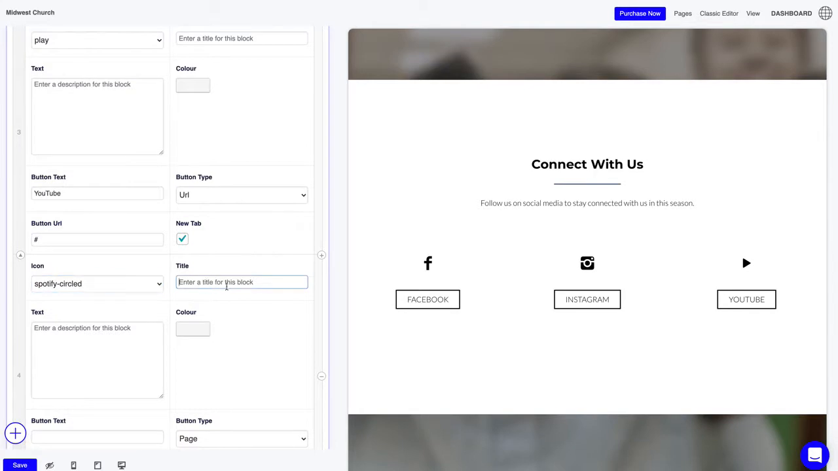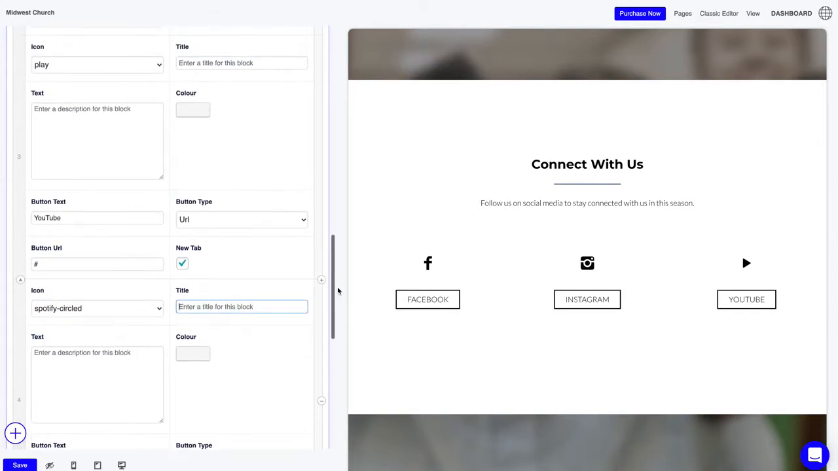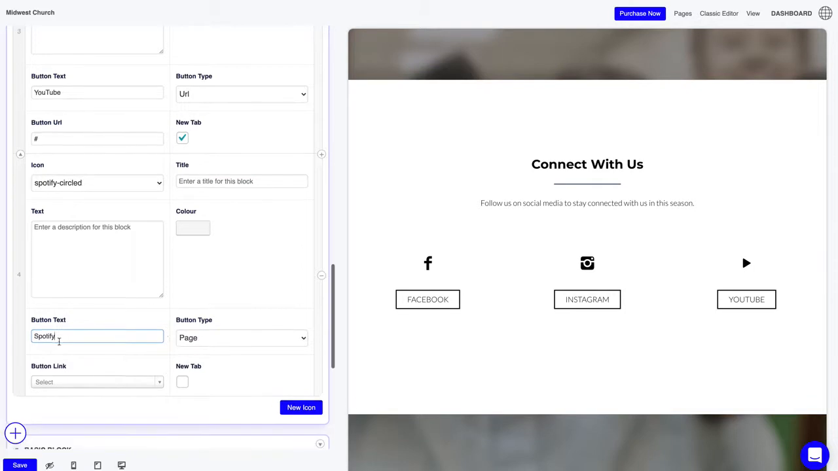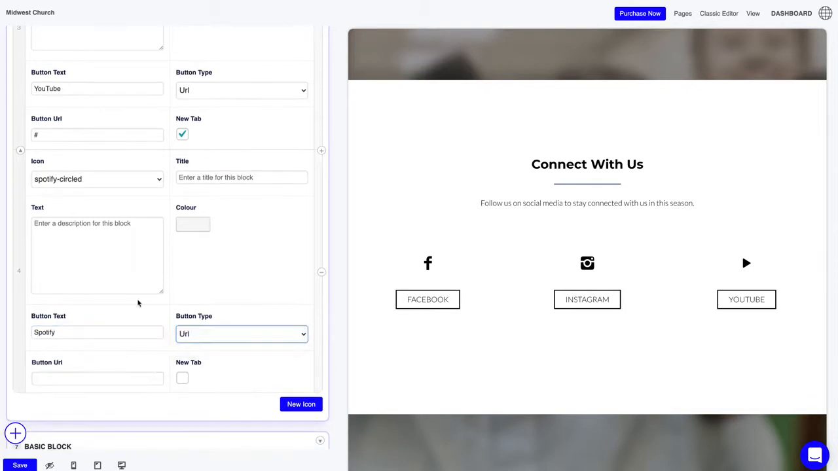And we don't need a title. And we don't need any content. We just want the icon and we want the button. I'm going to say Spotify. We're going to say URL again. So right now, I'm just going to put a placeholder here because I'm not going to paste an actual link. But what you do is you would just paste in your Spotify channel URL right here and check the